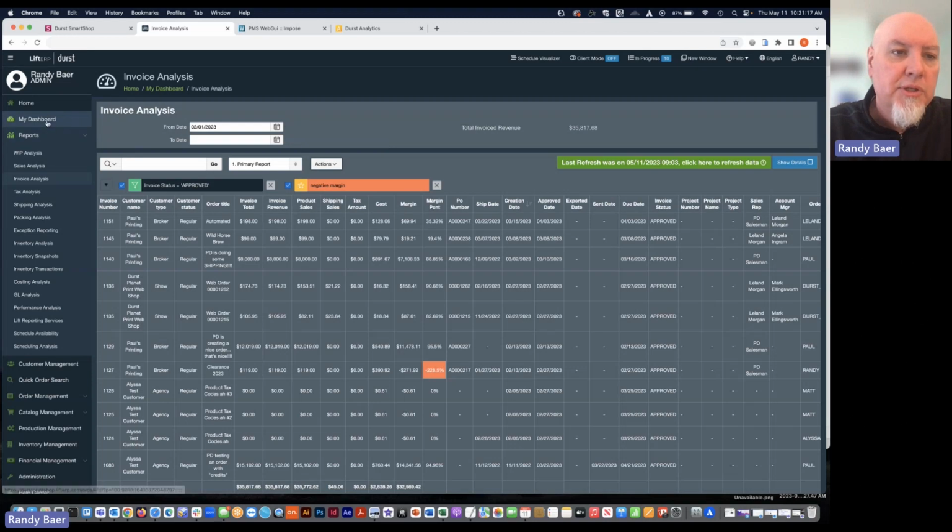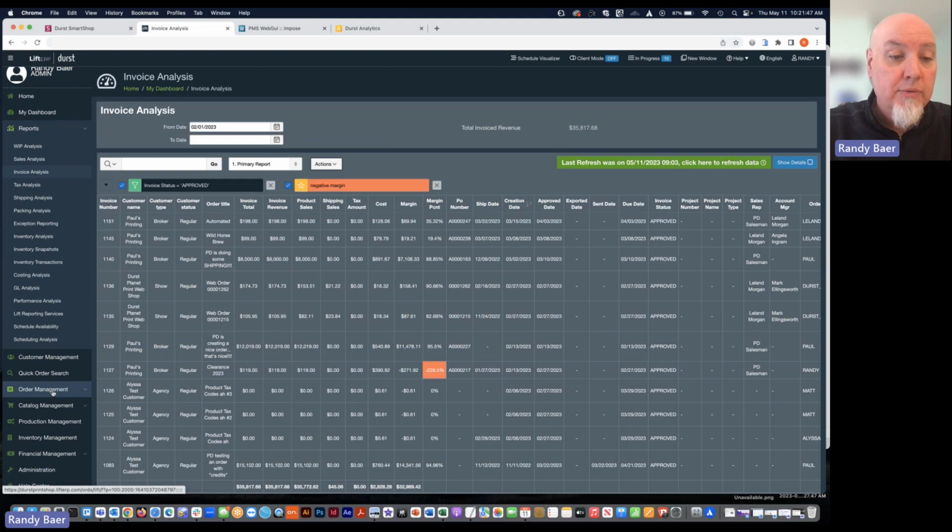With Lyft, you can set up notifications to be notified anytime you're seeing something that is running into a negative margin job. So here we would see this job has gone through. It is a negative margin job. We can be notified automatically via email, via Slack, so you would have information on the fly and you would not need to be digging after the fact. You could find out as the job is going through the shop.